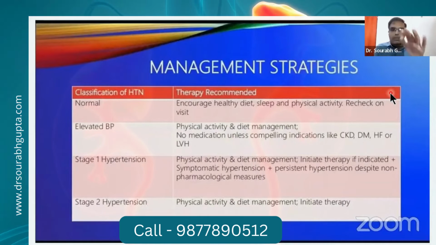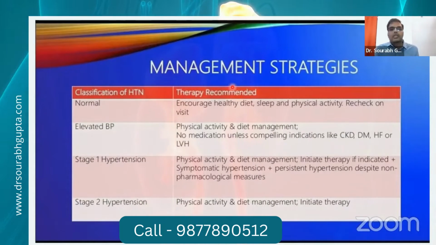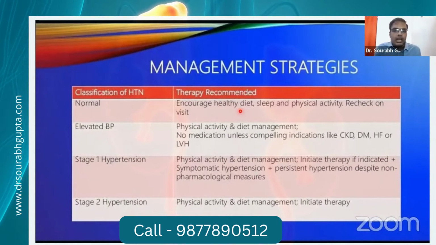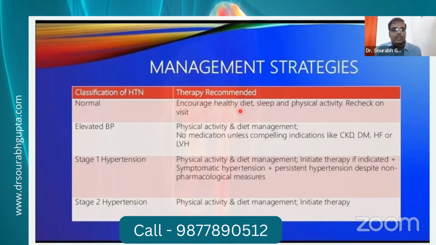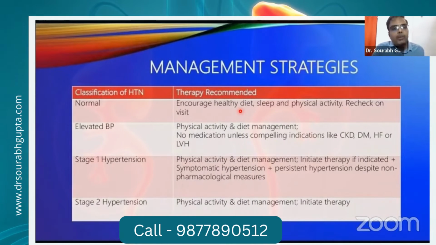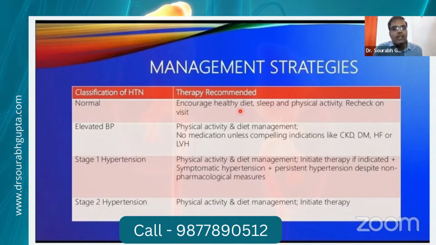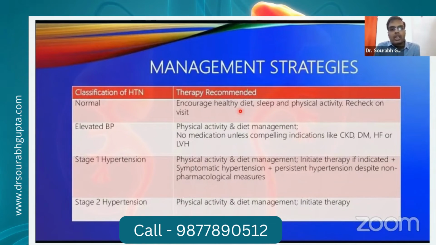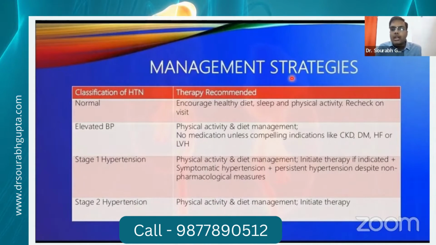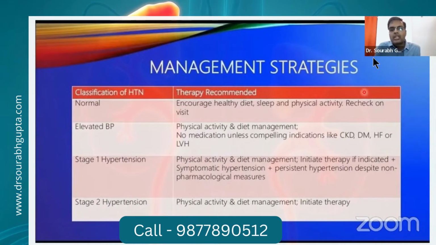What is recommended stage-wise is that if it is normal, one has to just encourage healthy diet, sleep, physical activity, and recheck at each visit if the patient is at risk. Elevated blood pressure means more than 90th centile but below 95th centile. So the advice is physical activity and diet management, because when they become adults, they are at risk of hypertension. Mostly they don't need medications unless there are underlying disorders like diabetes, heart failure, chronic kidney disease, or